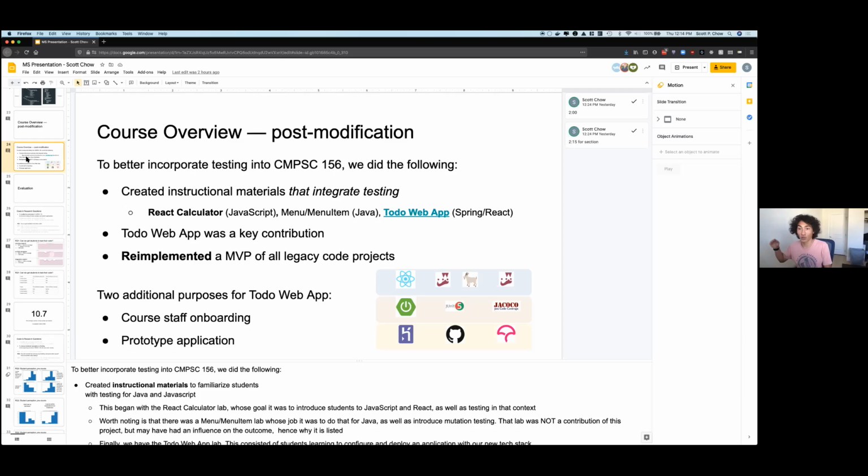And CodeCov is certainly not the only coverage report option out there. There are a multitude of other tools like Sonar and Coveralls that do provide a similar service, right? And perhaps it'd be worth exploring those, right? If we can wave a magic wand and allow students to explore those, that'd be awesome. But we are somewhat constricted by the fact that we only have 10 weeks, and that a lot of times, even just introducing the entry level knowledge that students have